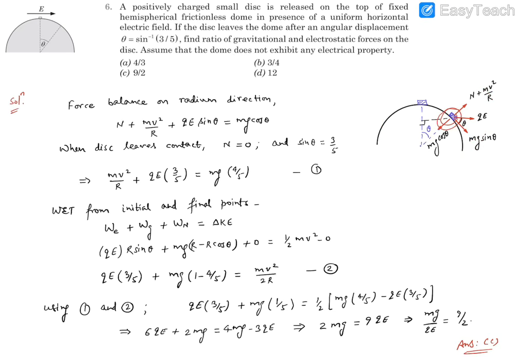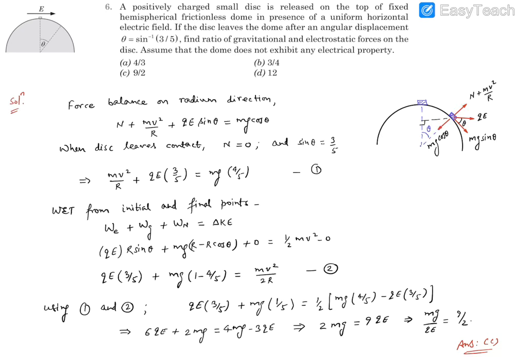Now when we draw the free body diagram of the disk at the location where it is going to detach, if we show the normal reaction as well, there's going to be a normal reaction acting outward. Since it will have a velocity, there will be a centrifugal force acting outward. mg will have components mg cos theta and mg sin theta, depending upon this theta from the vertical, and there's going to be an electrostatic force acting in the direction of the electric field, horizontally. We can make two components of this force, one along the tangent and another along the radial direction. Then force balance can be done in the radial direction.